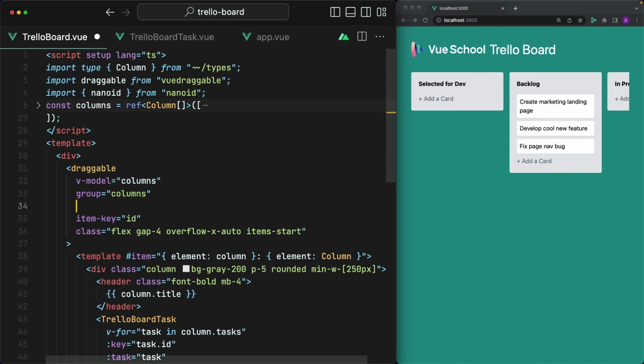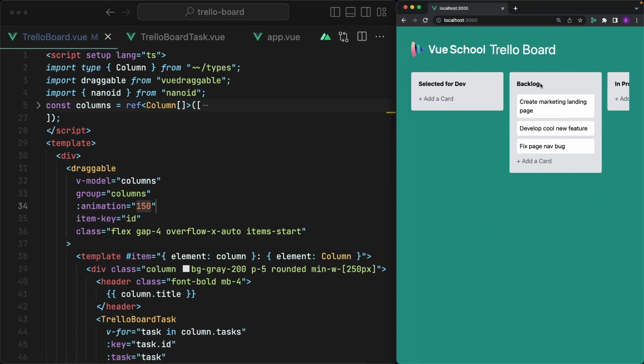This prop is called animation, and it's one of those props that Vue Draggable passes directly to Sortable.js. This takes a number value for the duration that we want the animation to last. Let's say 150 milliseconds. Great. Now when I drag backlog back in front of selected for dev,